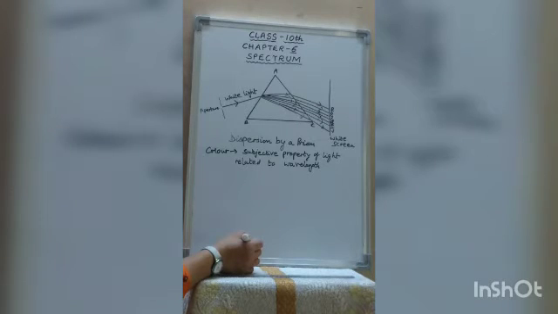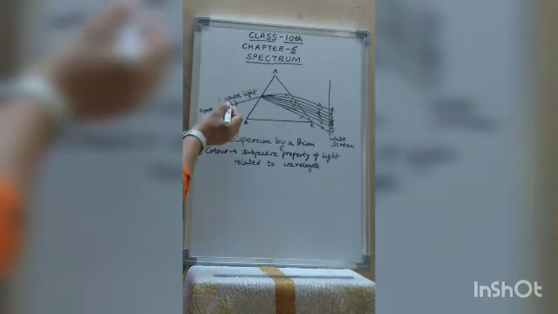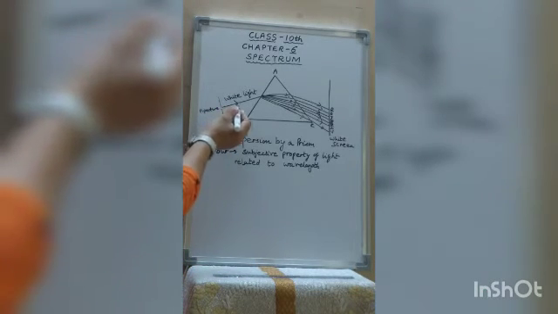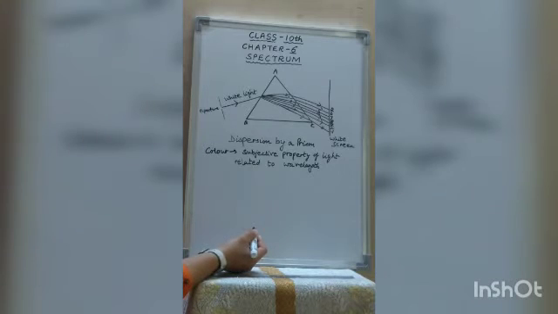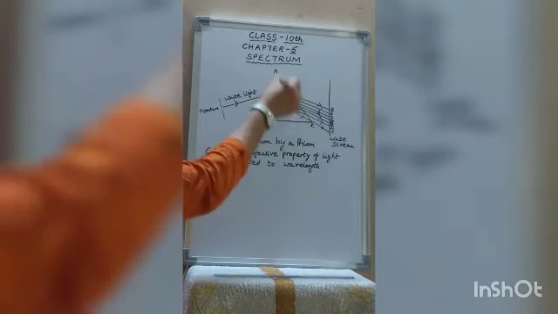He thought that the colored image is due to some defect of the lens. But he repeated the experiment with a carefully polished lens. Again the image was colored. So he concluded that the fault is not with the lens, but there is something in the nature of white light itself, due to which the image is colored at the edges. To investigate it further, he performed another experiment with a prism.